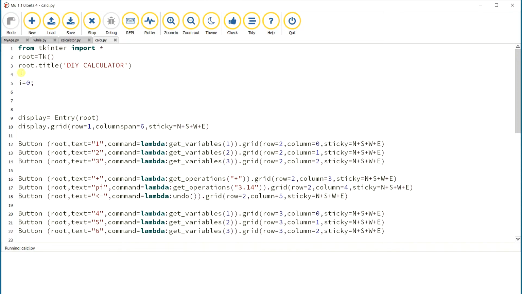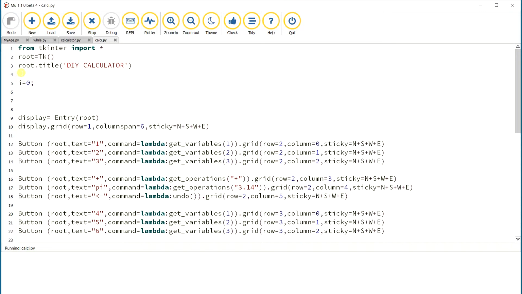After calculating the value using this input, i becomes 0 again whenever we press the clear all button. Or when we press the backspace button, the last item should be deleted. At that time i is reduced by 1 and that last input is removed. So to keep track of all the input positions and input digits, we are using this i.